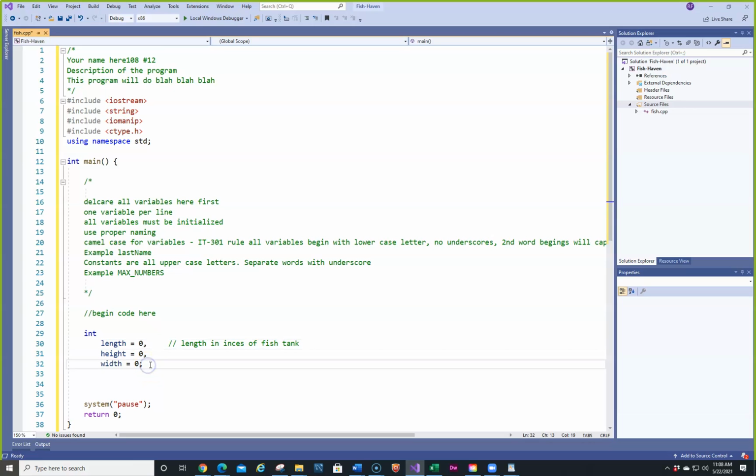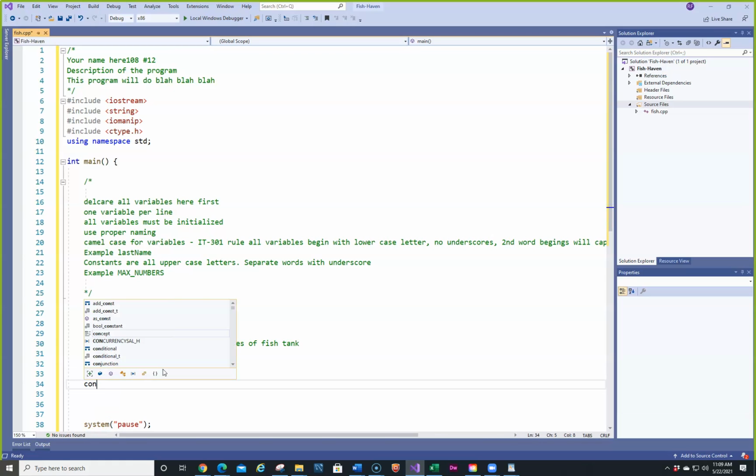And then we are going to put it on a separate line because we may change this to a float later on, depending upon what we need to do. And we're going to do a constant. So now we want a constant integer, and it says 231 cubic inches in a gallon. So we'll just call it